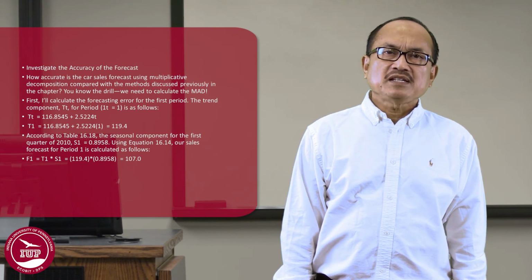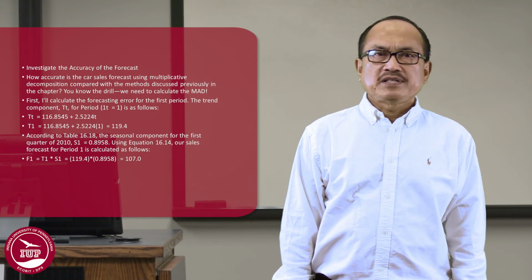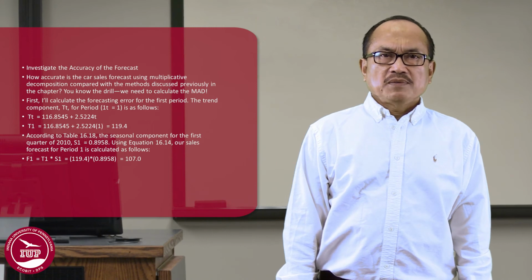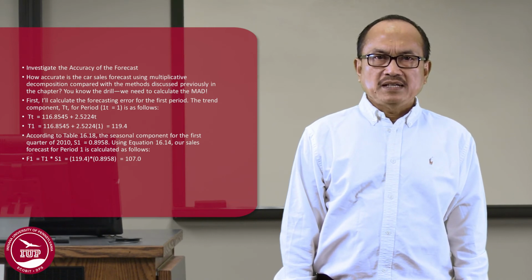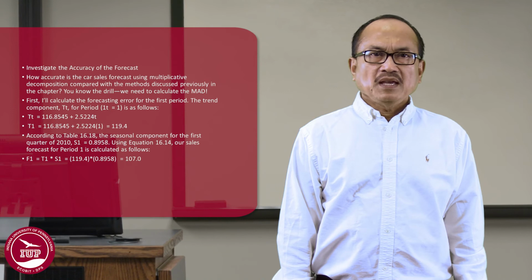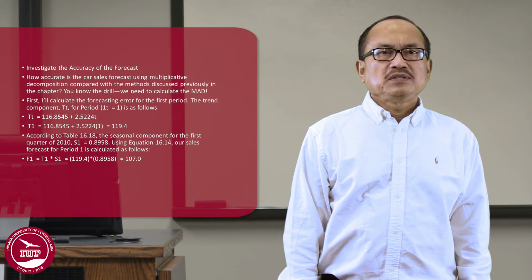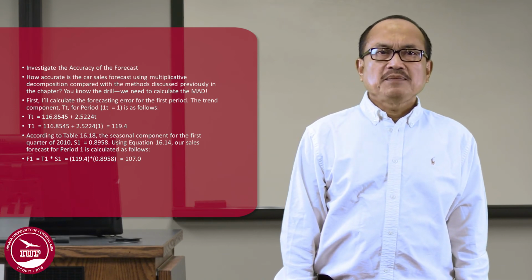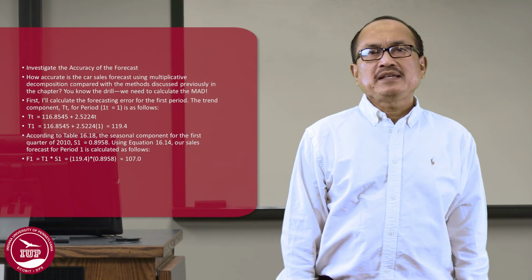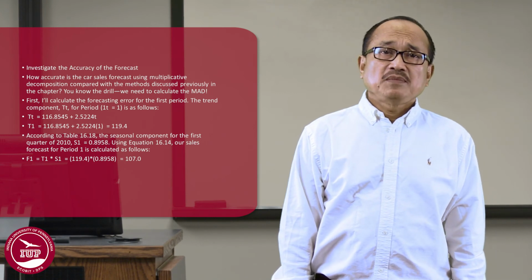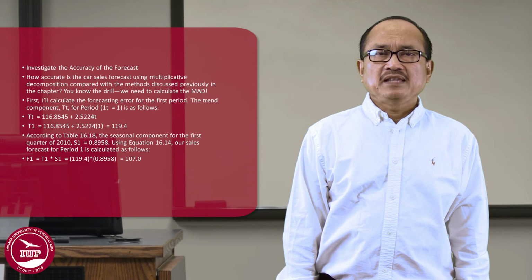Using equation 16.14, our sales forecast for period 1 is calculated as follows. FT equal to T1 times S1 equal to 119.4 times 0.8958 equal to